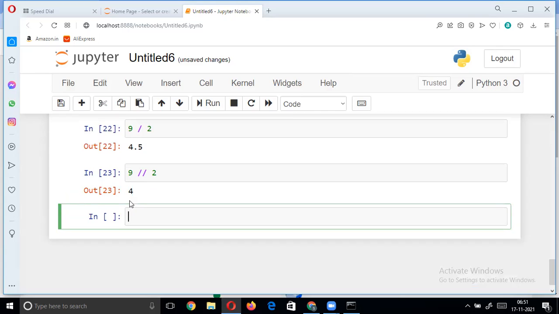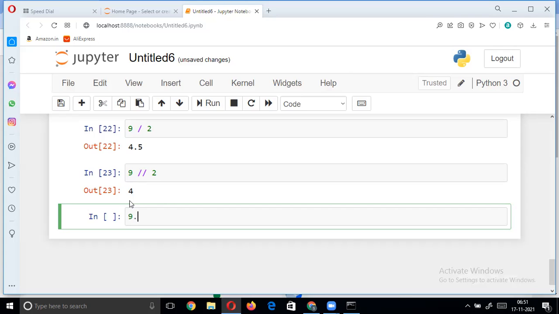If any one of the operands is a decimal value while performing the floor division operation, the result will be a decimal value, but it is not the exact quotient. It is the nearest integer, but with .0, so it becomes a decimal value.